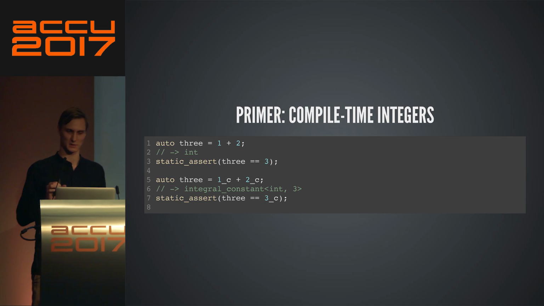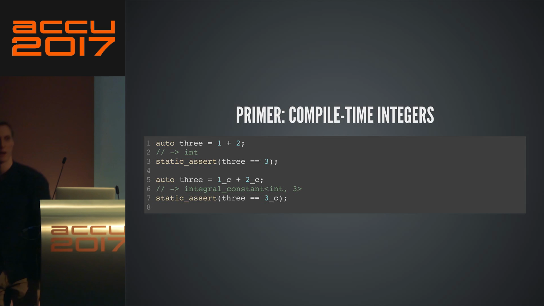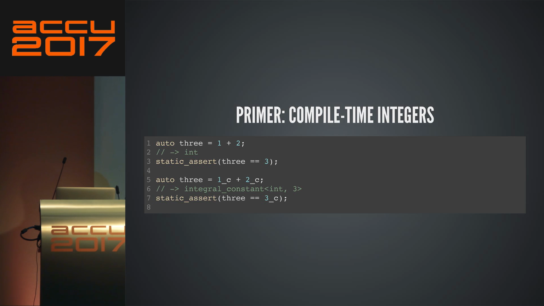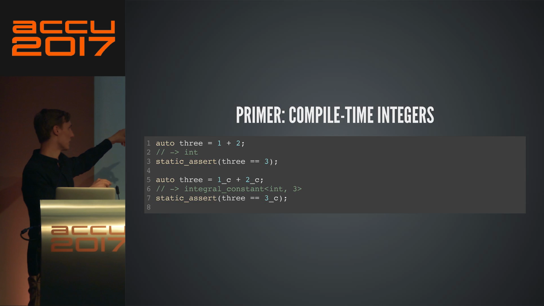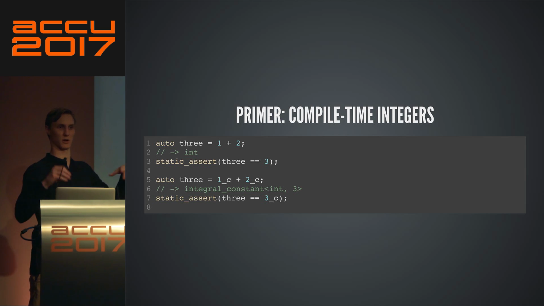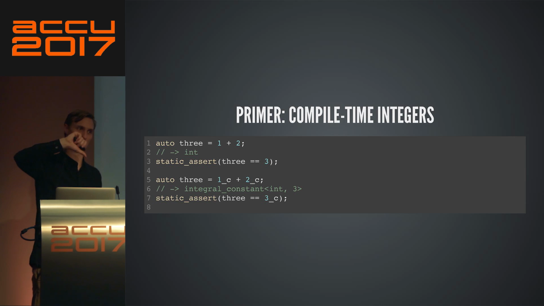std::integral_constant is a template that allows you to take a value, like an integral value, and represent it as a type. So this is not really clear. Essentially, integral_constant is just a template where you say, I'm an integral constant of type int, and I contain a value 3. This provides you with a ::value member, for example, that contains the 3, and also gives you a value_type, which represents the T here. And it's useful for doing stuff like tag dispatching and other tricks like what we're just about to see.